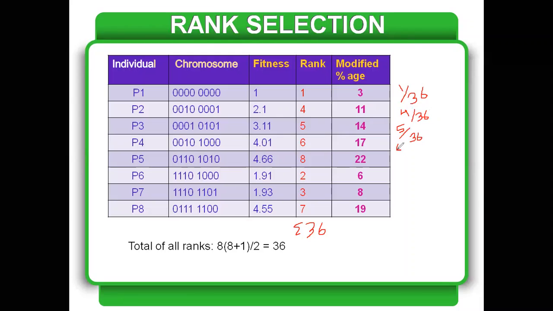Similarly for this, I am getting 6 divided by 36. So this is 8 divided by 36. This is 2 divided by 36 and so on. I am going to calculate it for each. So मैंने उसकी प्रोपोर्शनैलिटी निकाल ली है,